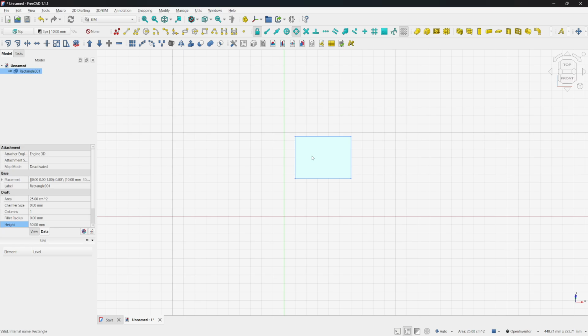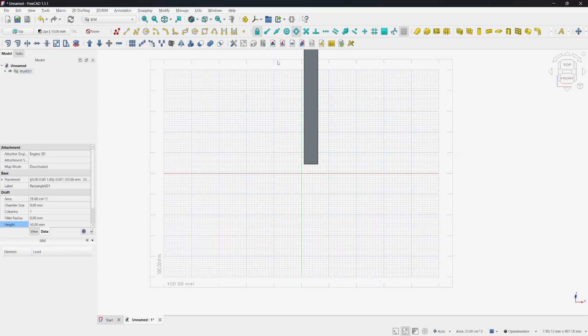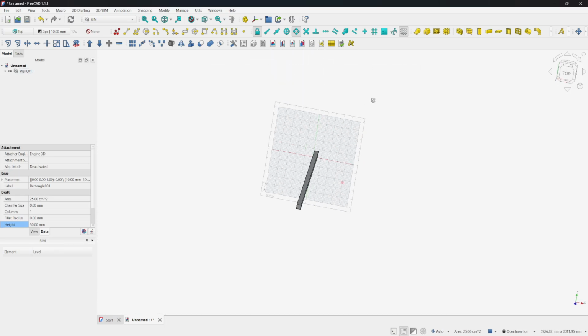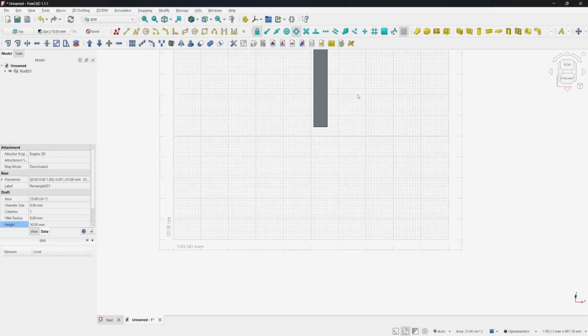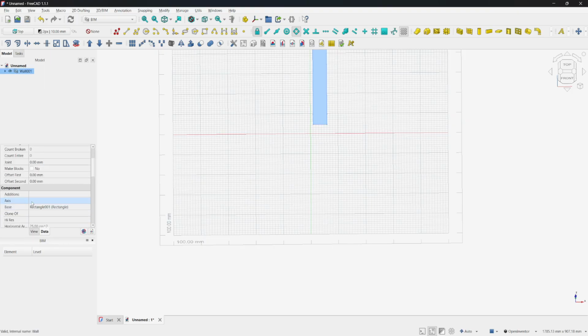Now to draw a wall, we will go right over here to the right side where you see these yellow icons again, and you will see it right here, the wall. So just click on that, and basically what we did, as you can see, we created a wall from this rectangle. Now this one is a little bit too big, so I will try to fix that. If you click on wall now, we can select the height,